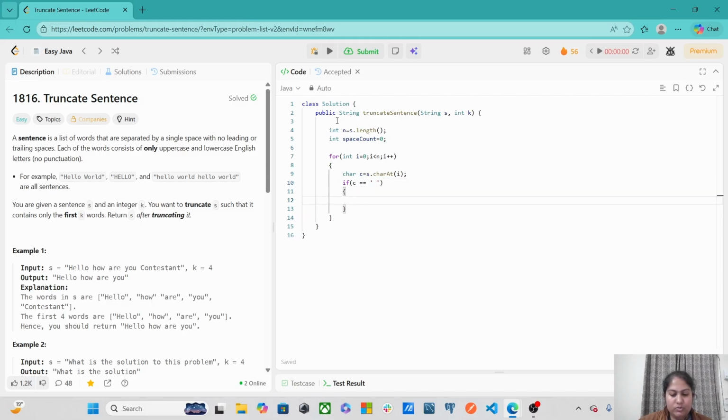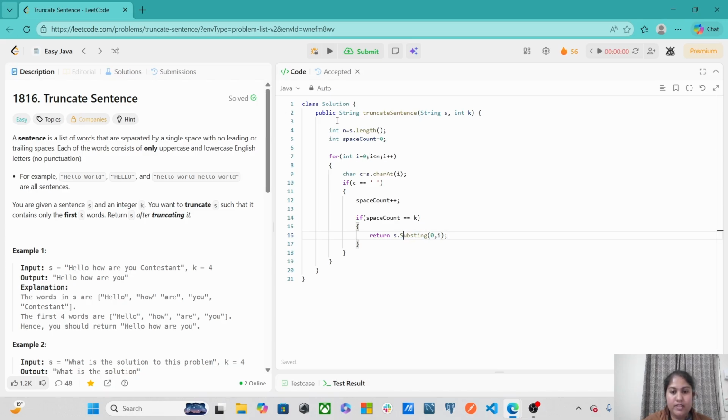If it is equal to space, then we increment our space count variable. And if this space count variable is equal to k, then we can simply return the substring of s from 0 to ith index.